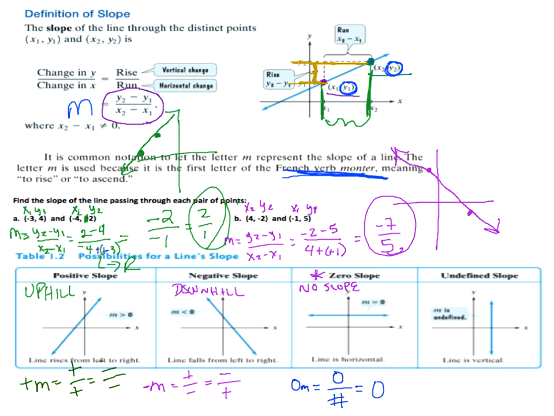And the last one, undefined slope. You're going to have some number divided by 0 when you do the calculation. Division by 0 is undefined. That's why we call this undefined slope, because you can't divide by 0. Everybody good so far? Green check if you're good, red X if you still got questions about slope. Green check, excellent.